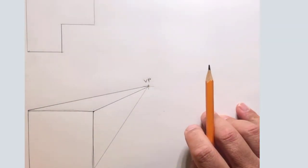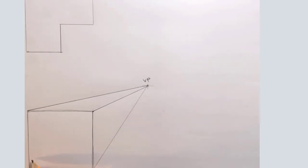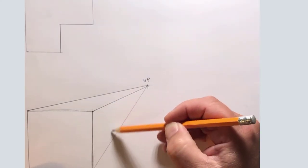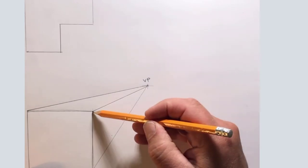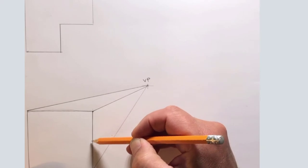Okay. So what we're now going to do, this is where it maybe gets a little bit trickier for people, is that we're looking at an object here which goes on forever. It's kind of what we might call infinite. It goes on forever and ever. So what we've got to do is chop that object off at a certain distance to shrink it down. So a line at the back edge of this is going to need to be parallel with the